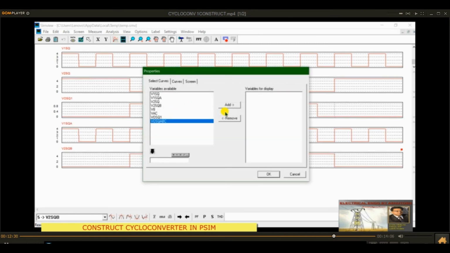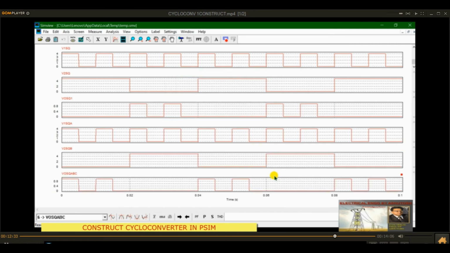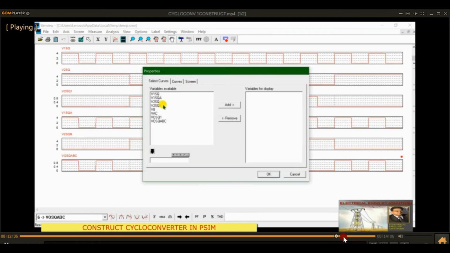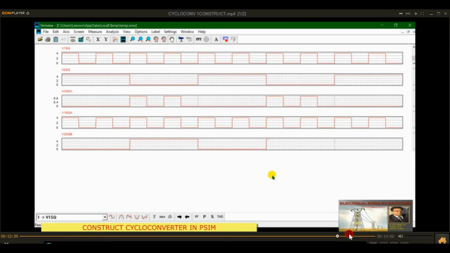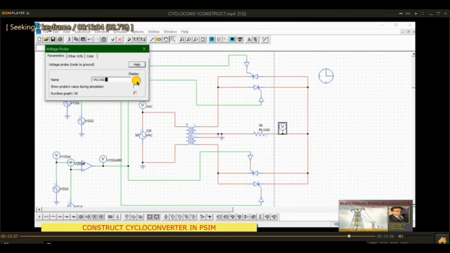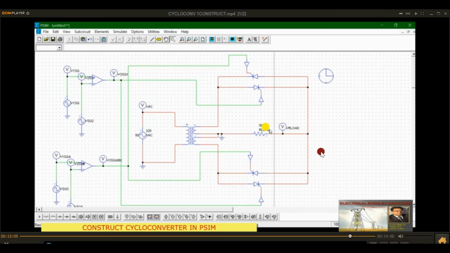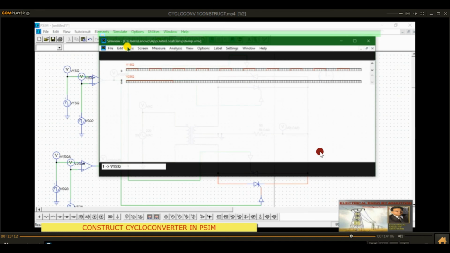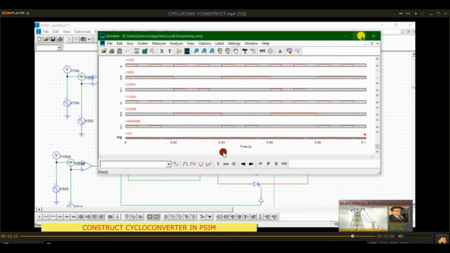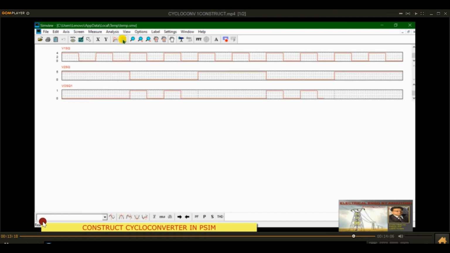and then you will see there will be a 180-degree difference. Okay, so this is the output waveform of comparator second, and this is the output waveform of comparator first. So this is provided to the positive sets of thyristors, and this is provided to the negative sets of thyristors. Okay, so we have just completed the construction diagram, and then you will see the output waveform. You can see the output waveform. So run the simulation, go to the simulation section, and then see, this is the AC supply.